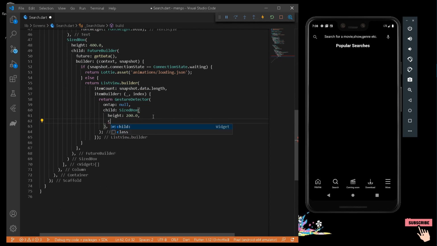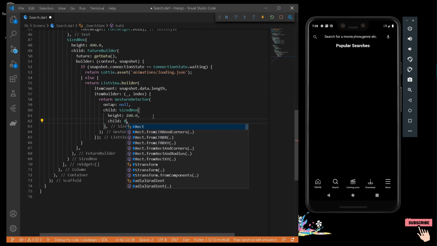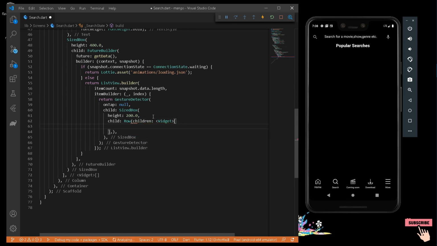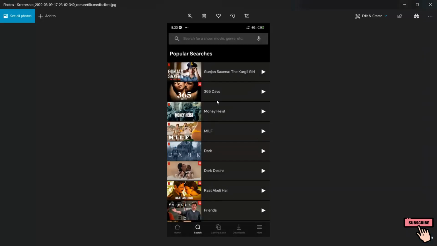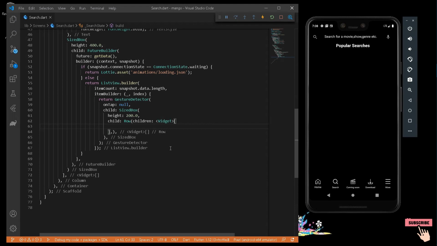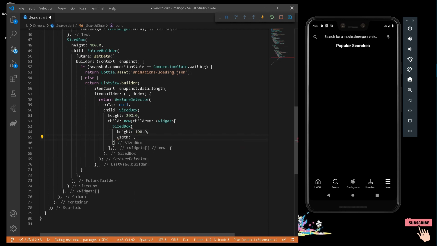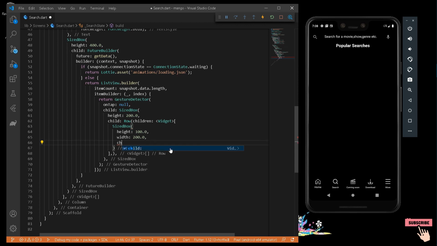So we can do one thing, that is instantiate some child to our size box. So it will have a row, and the row will contain children. If we check our prototype, it will contain an image as well as the name of the TV series along with a button, that is a play button. So here we can arrange a size box which will have a height of let's say 100 along with a width of 200, and it will contain a child as Image dot network. The image will be fetched from the network, that is our Cloud Firestore.